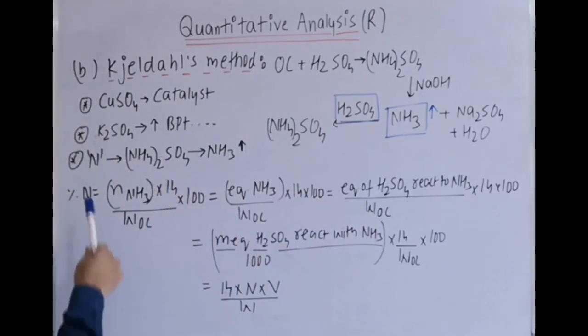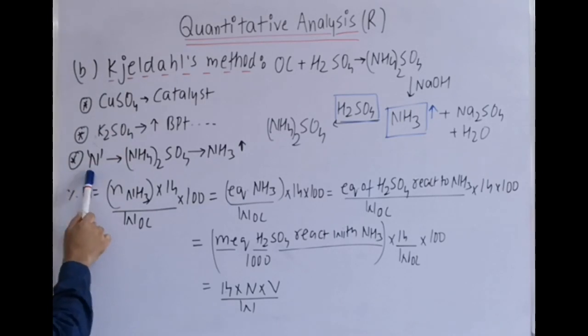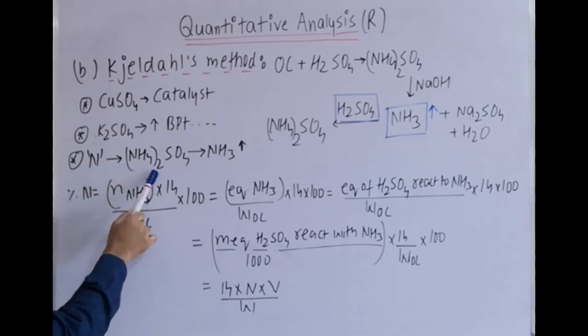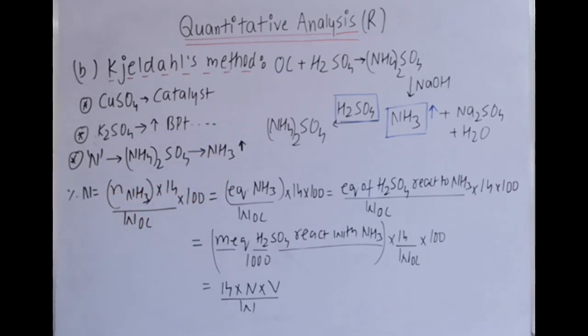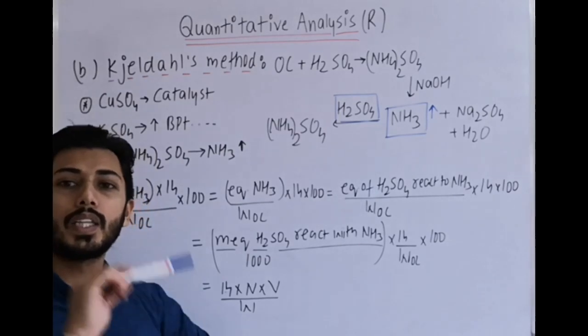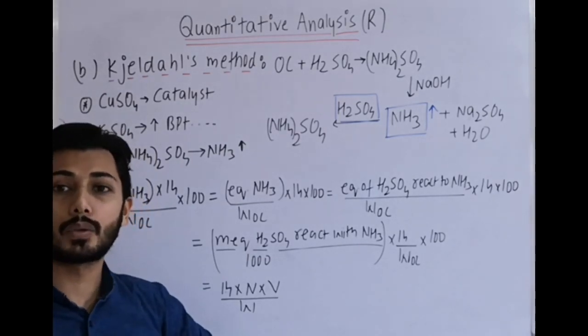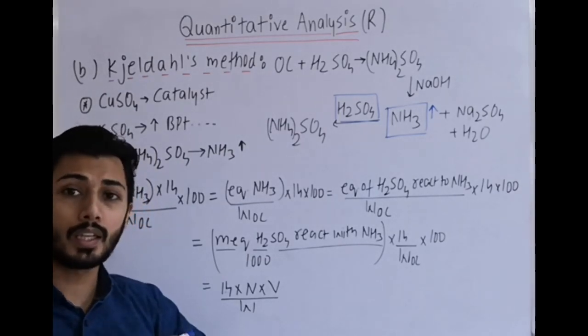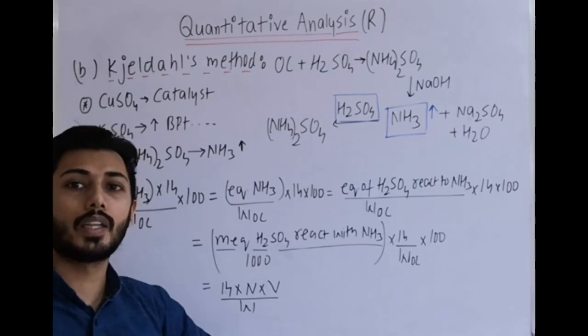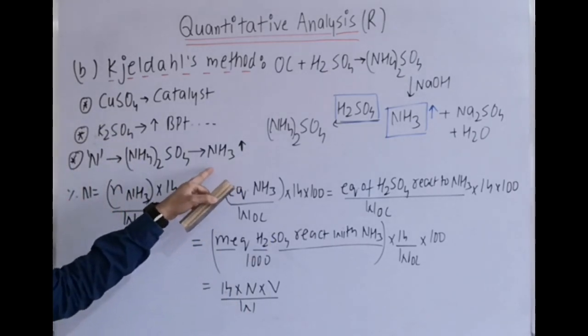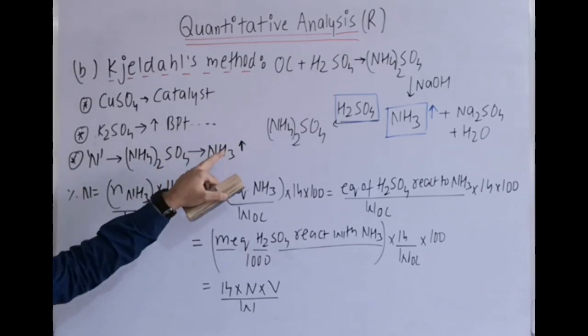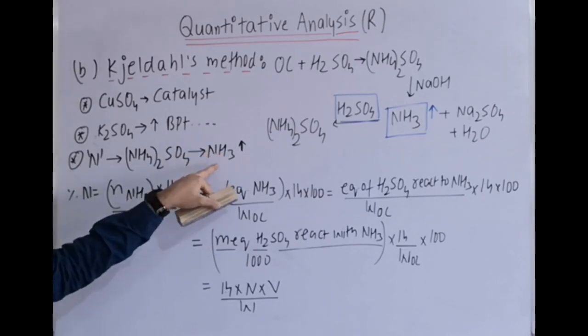Then in short we can say, in the Kjeldahl method, nitrogen from the organic compound is converted to ammonium sulfate, which finally comes out as which gas? Ammonia. Whereas in Dumas' method, finally N comes out as nitrogen gas, N2 gas, and here nitrogen comes out finally as ammonia. So we will use ammonia to find out the percentage of N, and this ammonia amount or